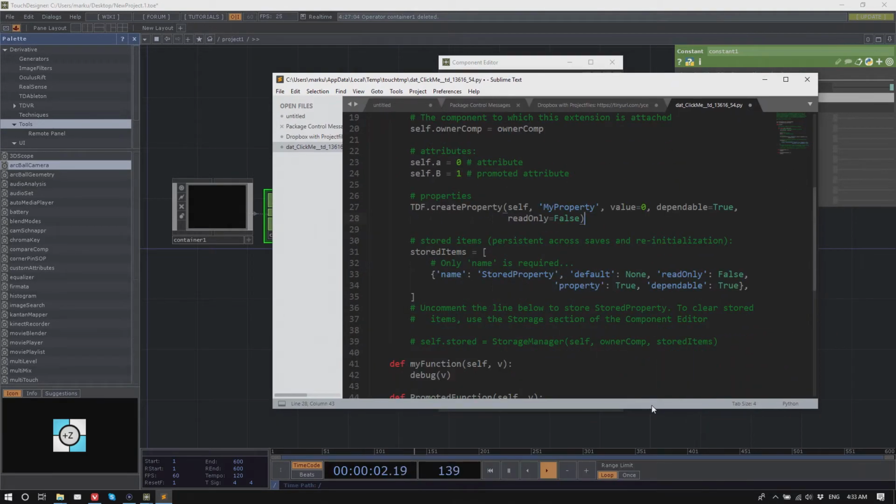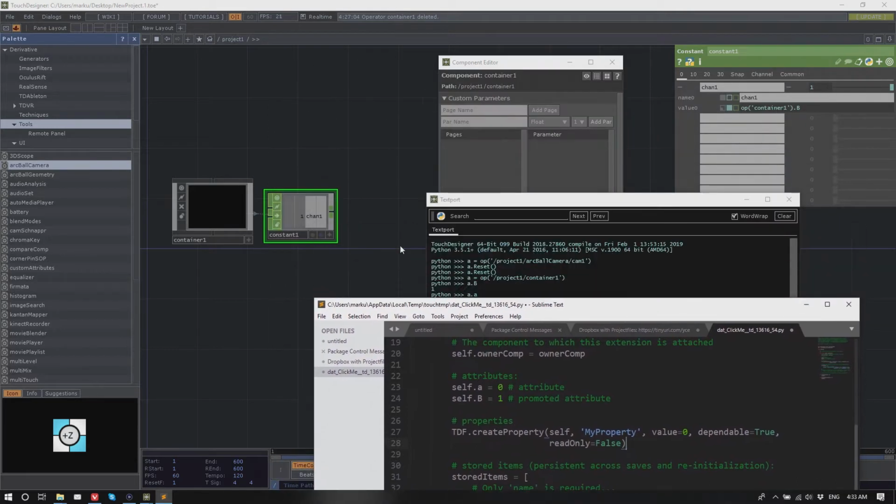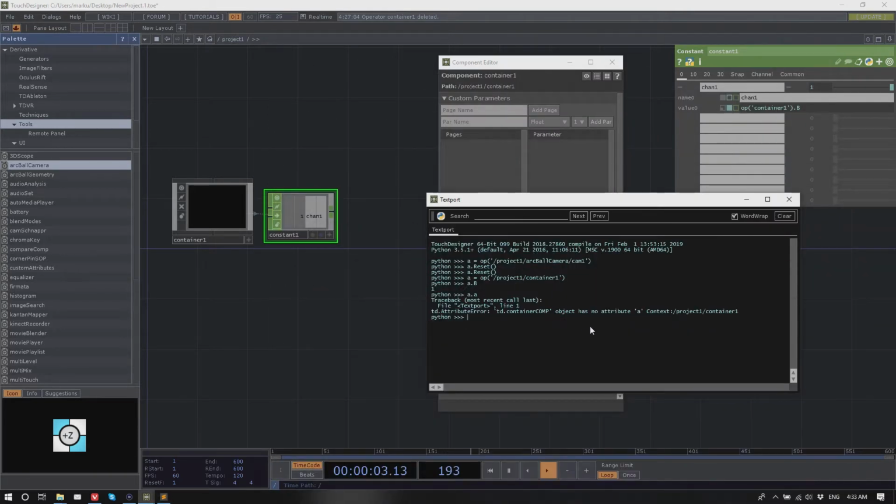And therefore, we have these other things called properties, which are dependable, and those definitely will update when you change them. They cause a cook in the network, basically. Anything that references them is being cooked if the value changes. I guess I could show it this way. a.B equals 2.